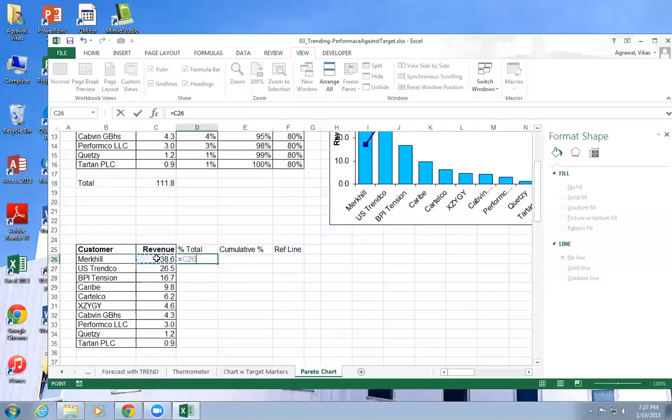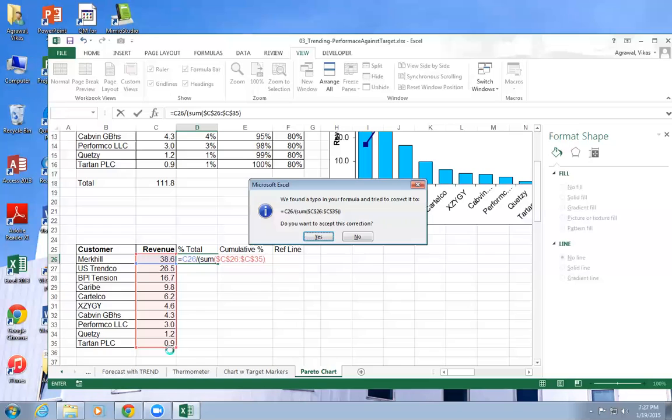That should be equal to whatever you have, divided by the sum of these numbers, right? Are you guys with me? That will give me the percentile. Are you guys with me? Right? And you won't get an error because you use the same cell twice? No. So you will get one of those.